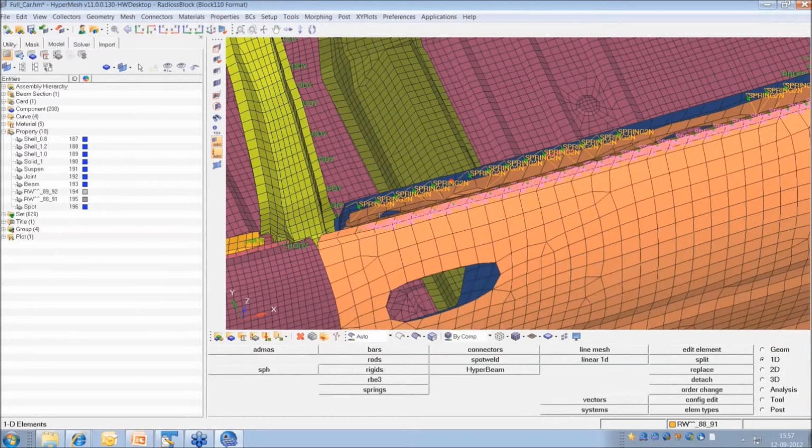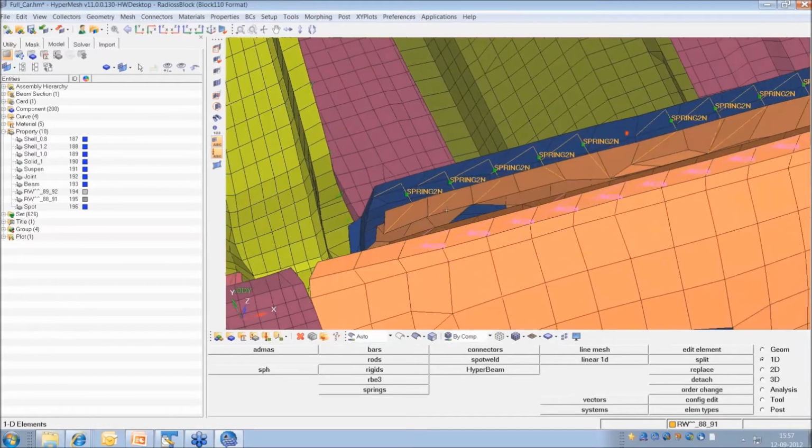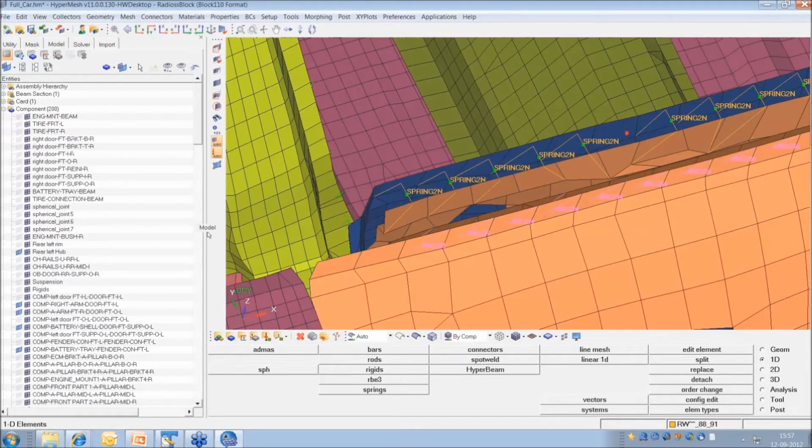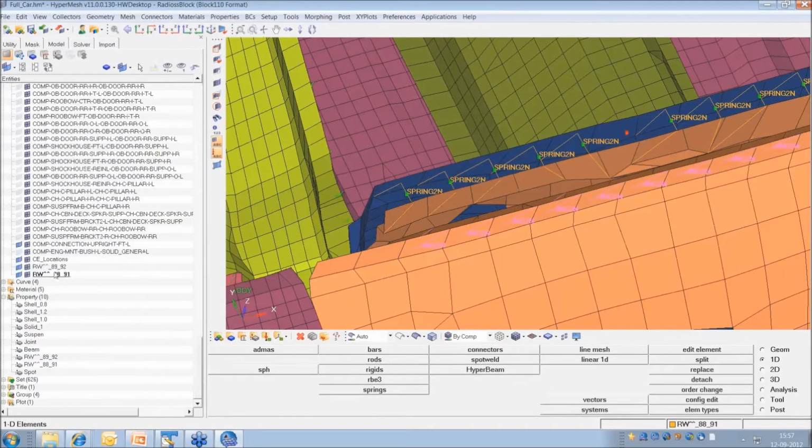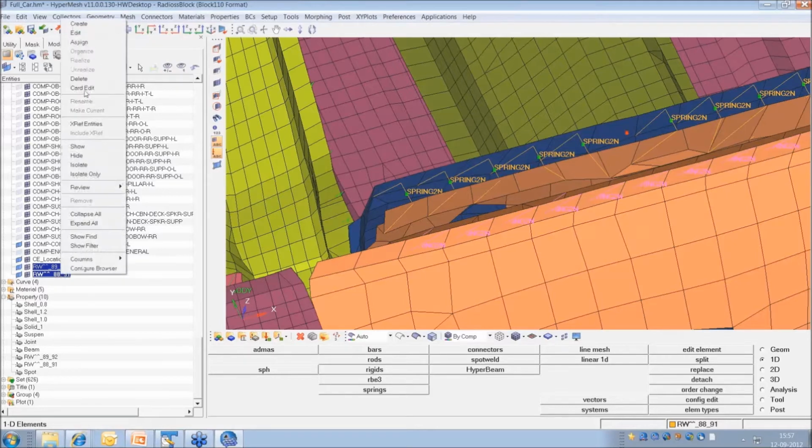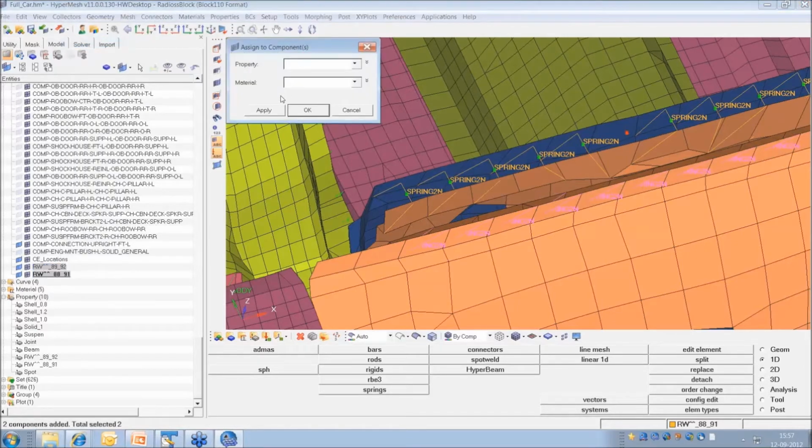Okay. So now these two components which got newly created, I want to update the property of those with the property that I have created. See, I have created this spot here.